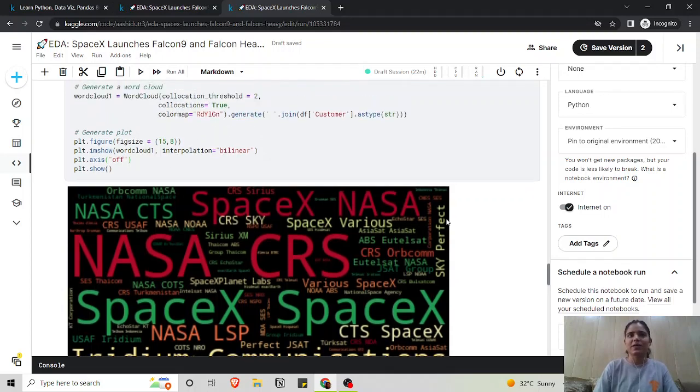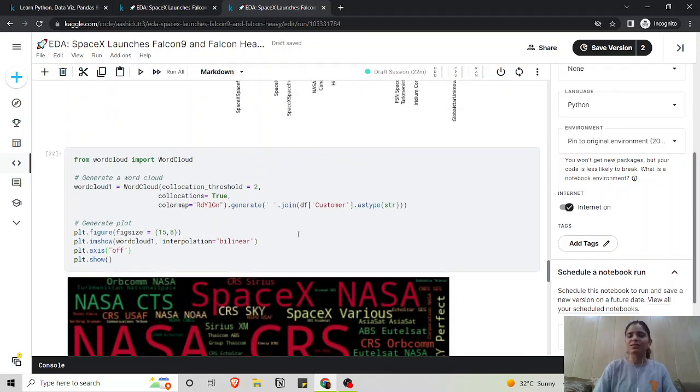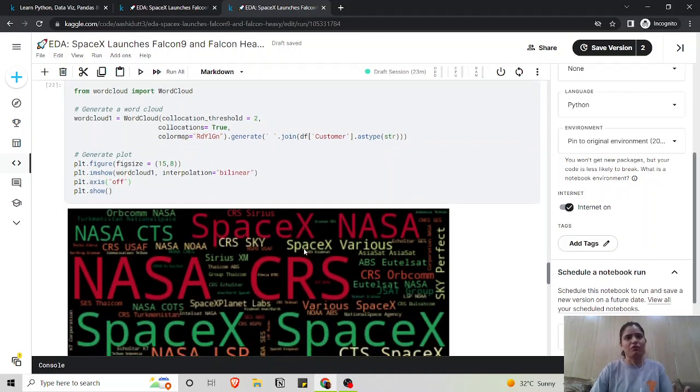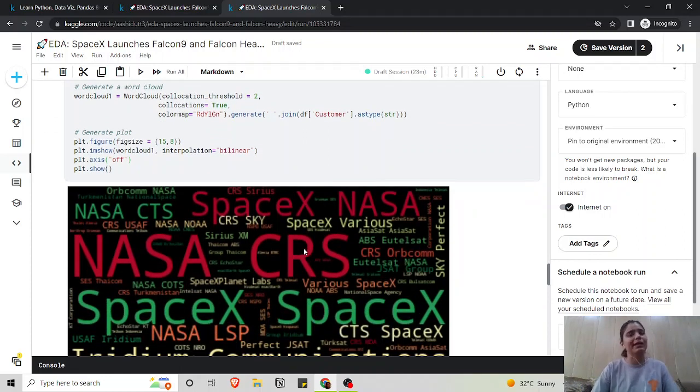So what happens when we use word cloud is that it highlights the names that have more data, gives them more preference, or those names that have more importance, it gives them bold, big names rather than the ones that do not have much importance in that particular dataset.